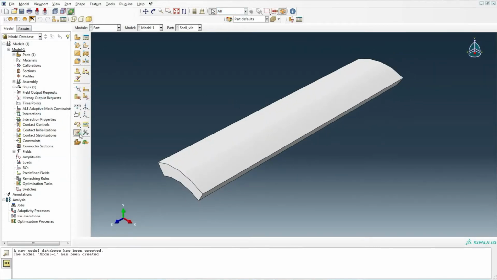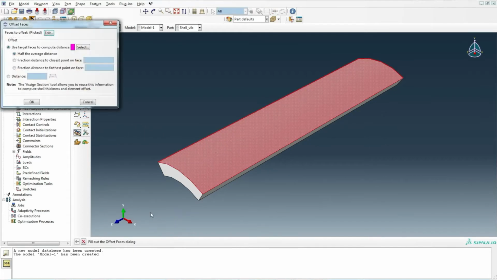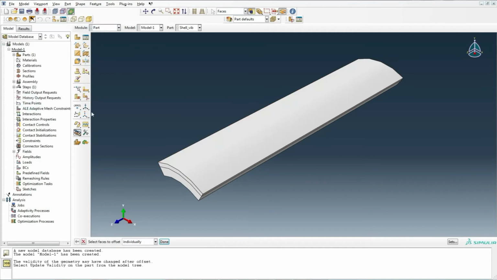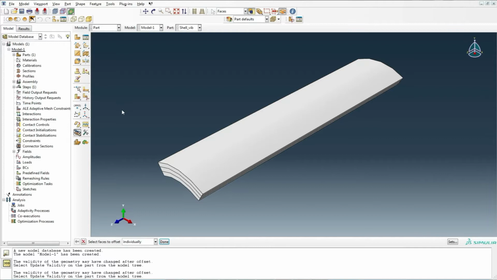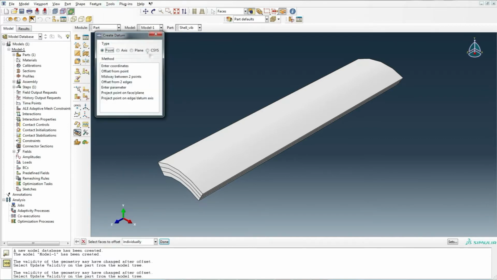Then the plies are created through an offset tool as previously explained. And a cylindrical coordinate system is also provided.